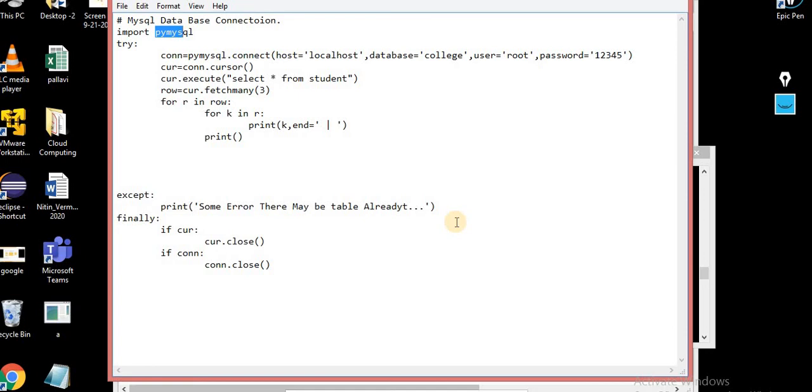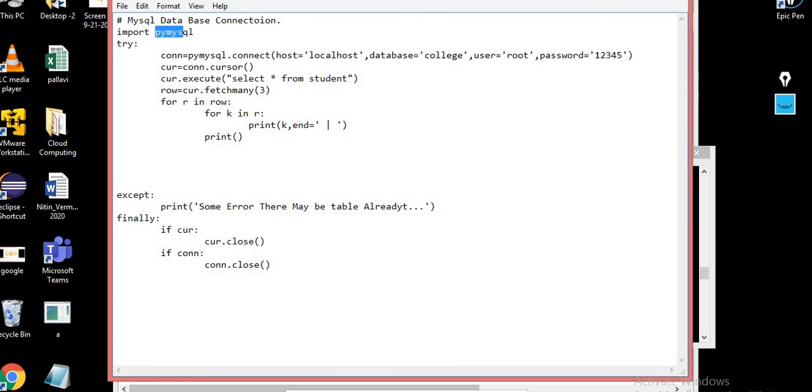So I think now you are familiar with how you can fetch the data and how you can insert the data. These are the two basic operations that normally happen in MySQL or Oracle. One operation is that you enter the data that the user is entering into the database. The other is fetching the data from the database and presenting it on the screen to the user.